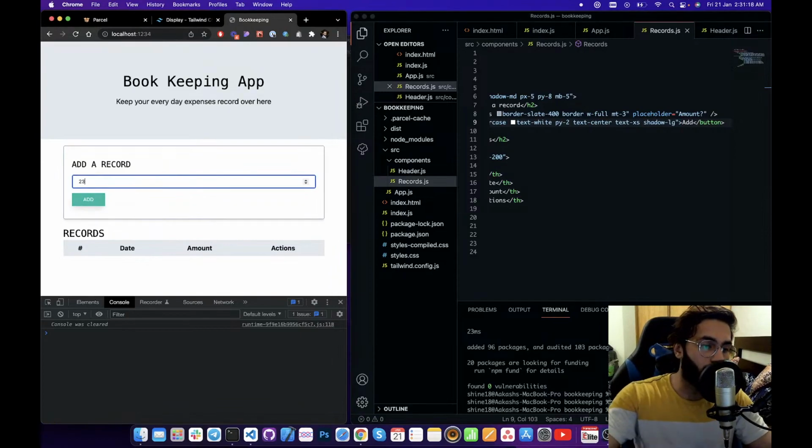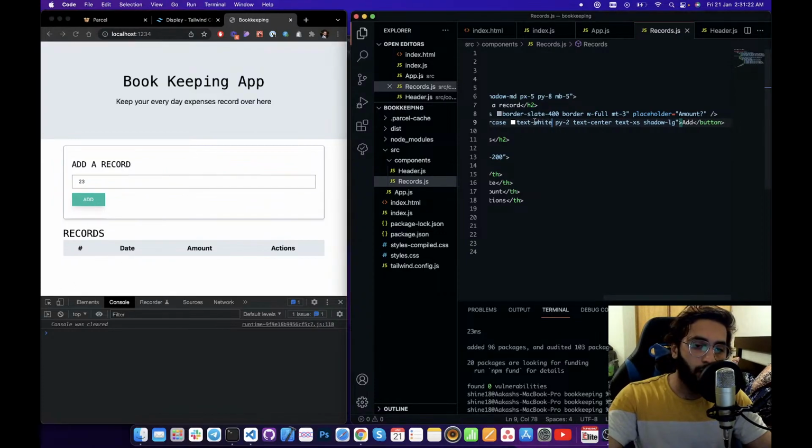we give the amount over here 23 and add that, and that's going to add that to over here. We will add something like